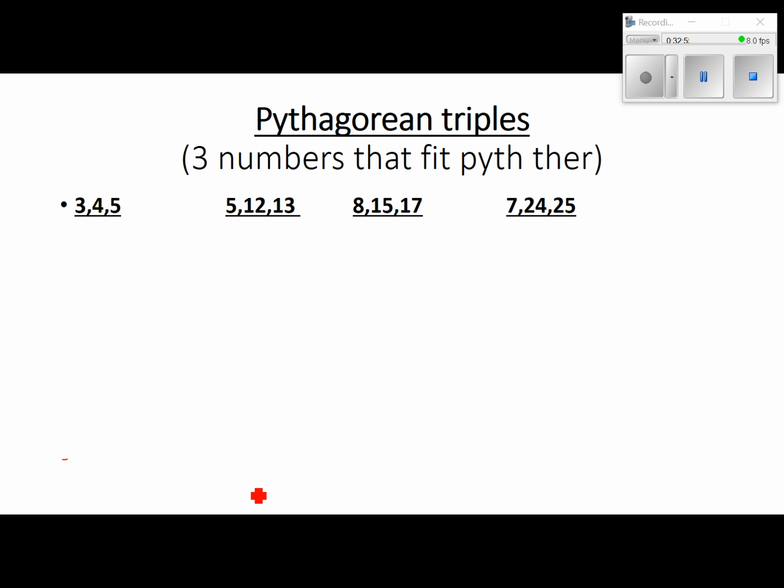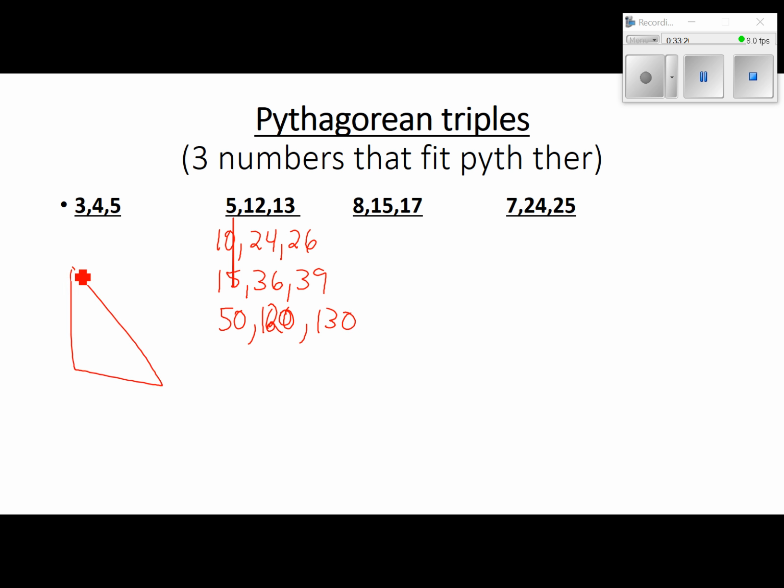Another Pythagorean triple is 5, 12, 13. Some other ones that would fit in that family: if we doubled it, 10, 24, 26. If we tripled it, that'd be 15, 36, 39. If we times it by 5, 25, 60, 65. Sorry, if we times it by 10, 50, 120, and 130. So if you're given a triangle, and you know this leg is 50, this leg's 120, instead of